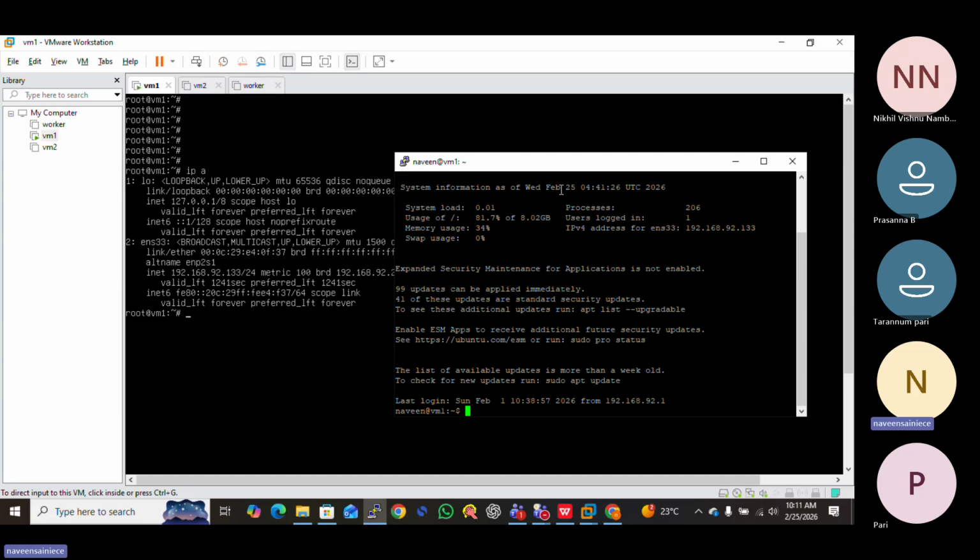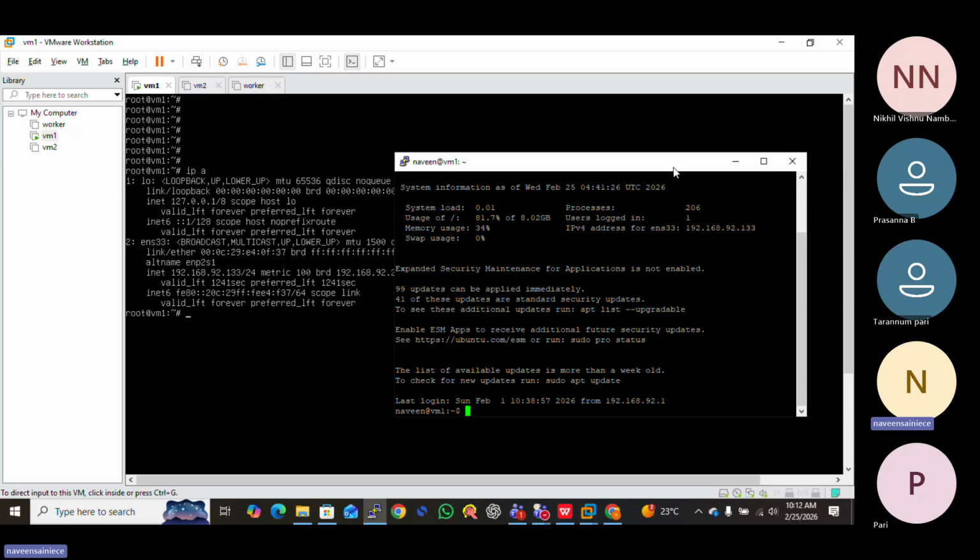So this is terminal access. It is the server version, so there is no GUI. A graphical user interface is not there in our Linux virtual machine, because you installed the Ubuntu server version.